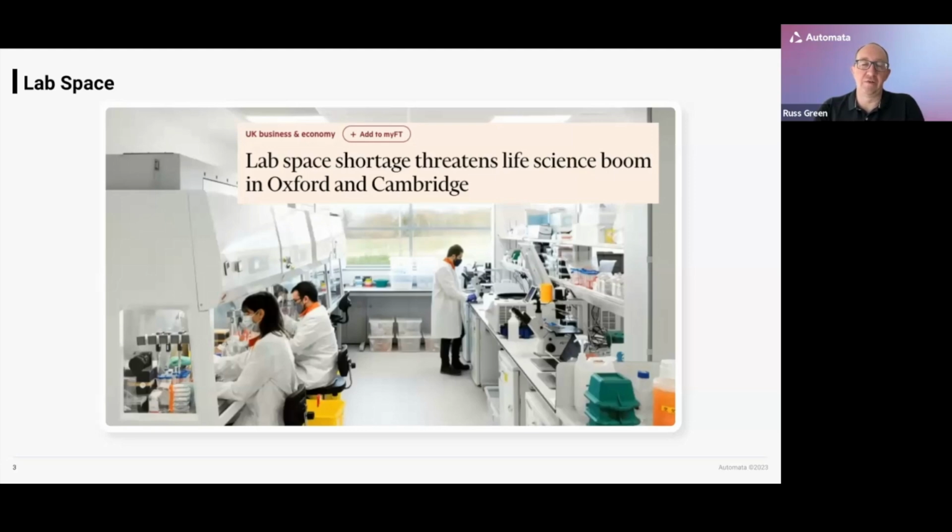The reason why I raise this in the context of automation is that one of people's first reactions to automation is, I need to make space for this to happen. Something has to change in the space that I have to be able to place automation within it. And I want to challenge that ever so slightly. First of all, that may be true, but it also may not be true. I think one of the things that automation can do is really unlock the potential of a space that you already have, as you'll see in some examples later on, and perhaps even maximize your output so you get more experimentation done per square meter than you would be able to achieve without automation in place.